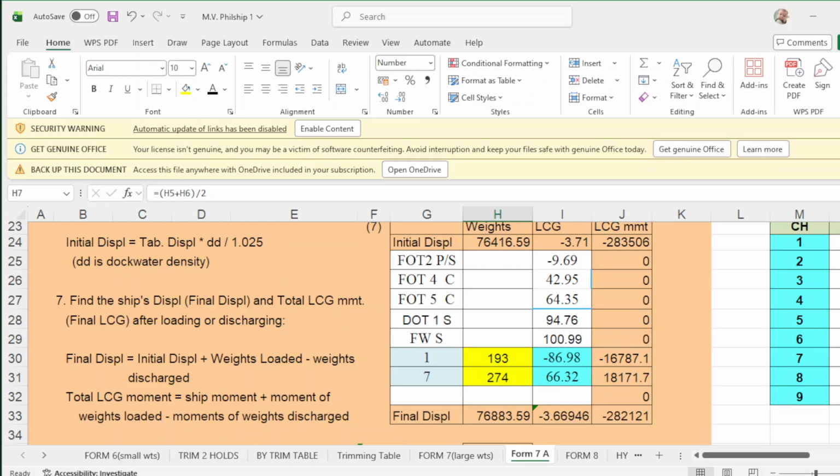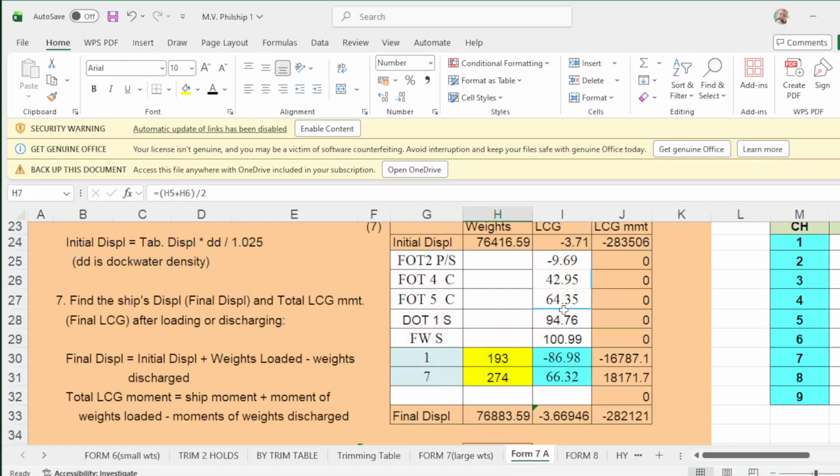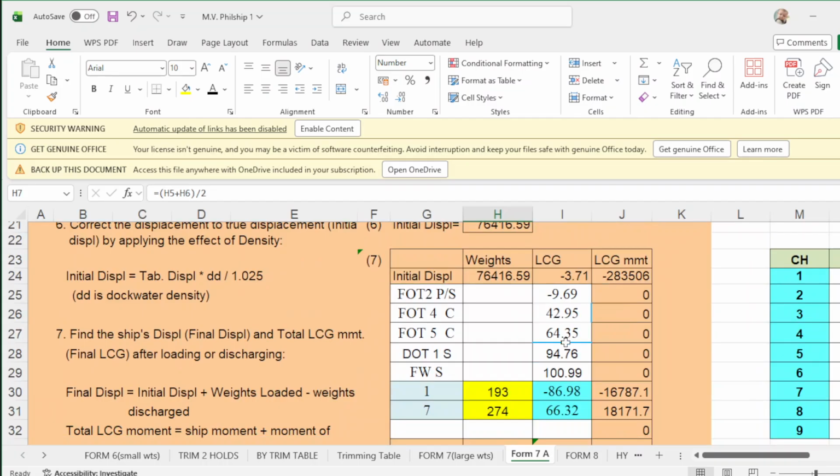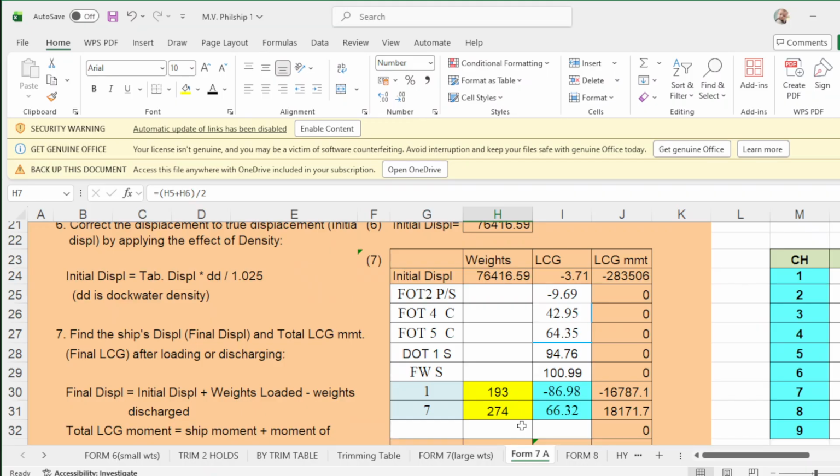Number 1 is 193, 193, and you apply the LCG. And number 7 is 274, 7 is 274, and apply the LCG.